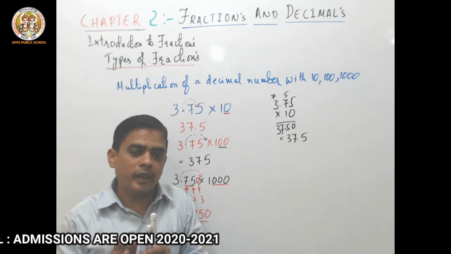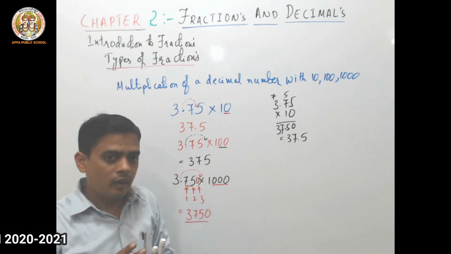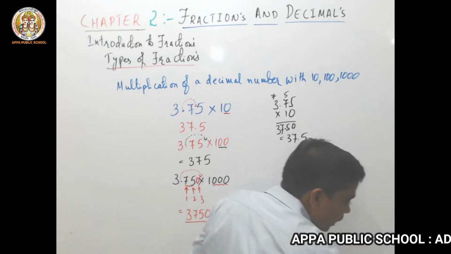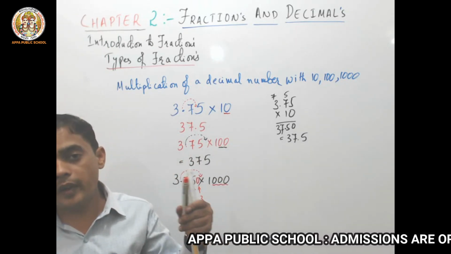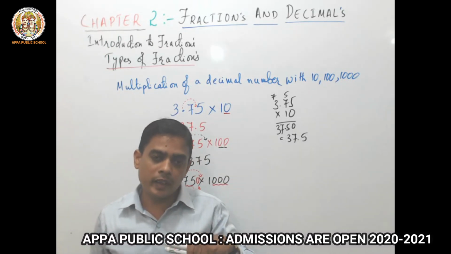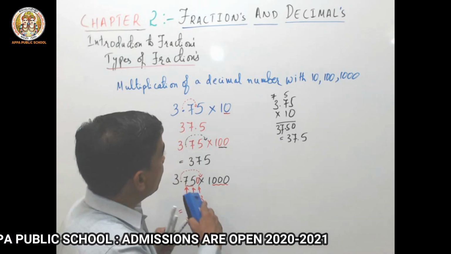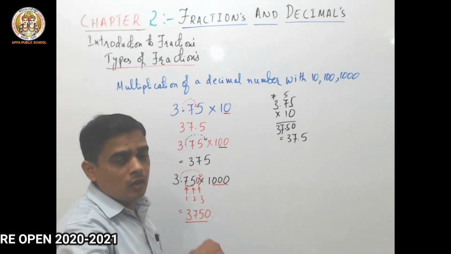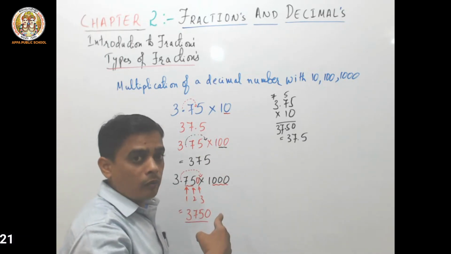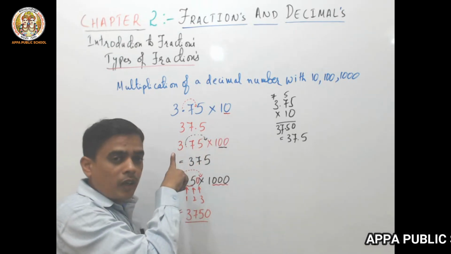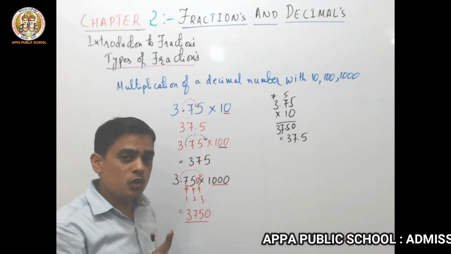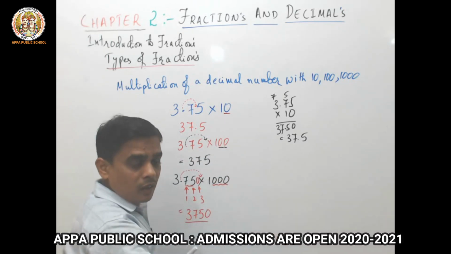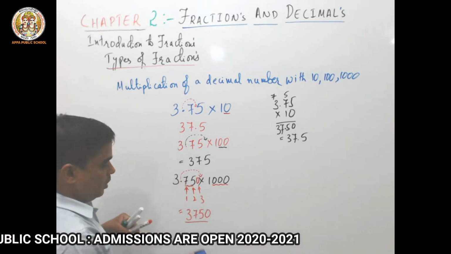Suppose you are multiplying a decimal number by 10, 100, 1000, you have to follow these methods. Now we will see, suppose you are dividing a decimal number by 10, by 100, and by 1000, what do you have to do here? When multiplying a decimal number by 10, we shift the decimal point by 1 number, because we have only 1 zero. When multiplying by 100, which has 2 zeros, we shift the decimal point after 2 numbers towards your right side. Now we will see in case of division.